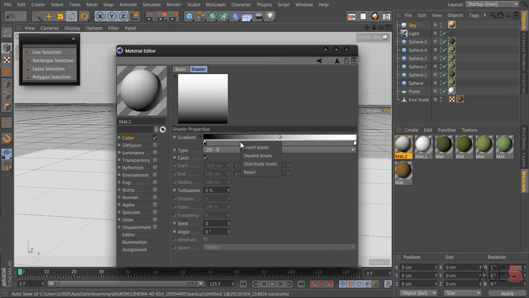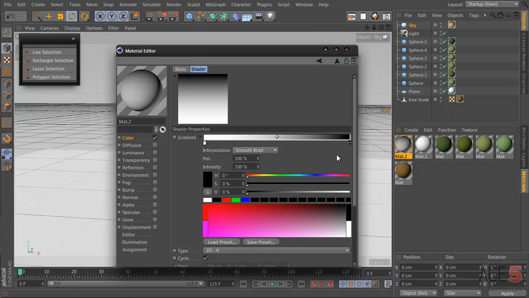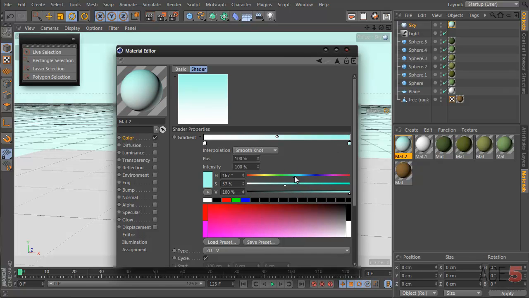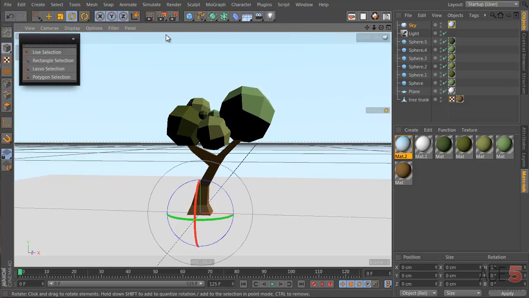And we can invert these knots. And we can change the black, just this little arrow thingy, to a nice blue. Maybe it was green, a bit more blue. And that way the sky will grade from white to blue. Now, if we hit render,